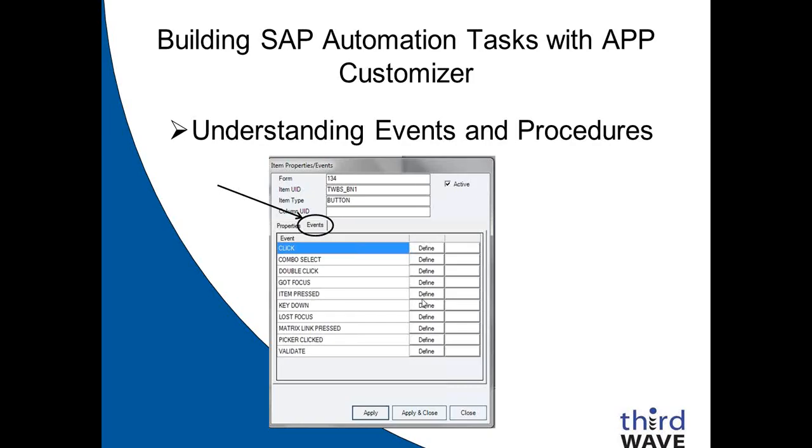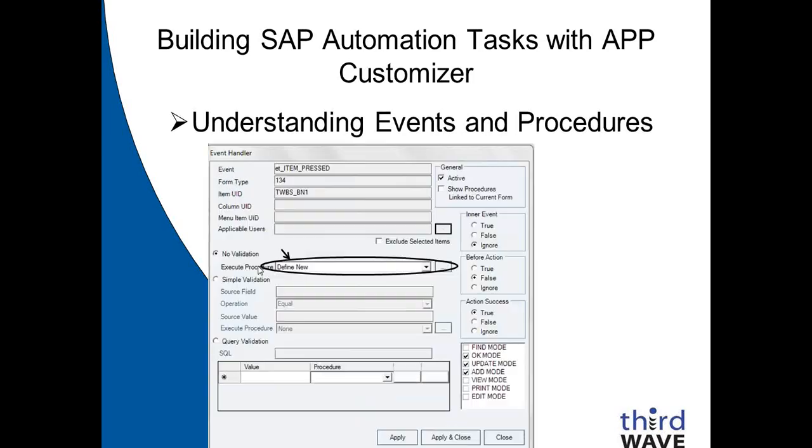Okay, so that's going to be our procedure. That's going to pop up a message that tells the user something. Once we go to Define, we end up on this window, which is called the Event Handler, and this is more advanced functionality. We're going to plow right through this window right now and come back and talk about it a little bit later. But what we're going to do is go right to the No Validation section, and we're going to define a new